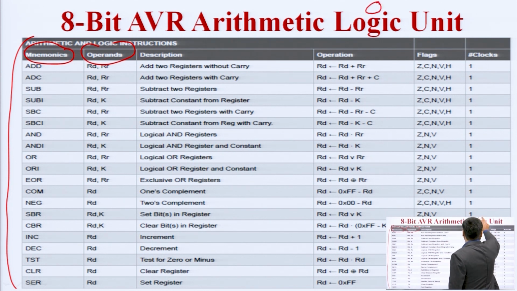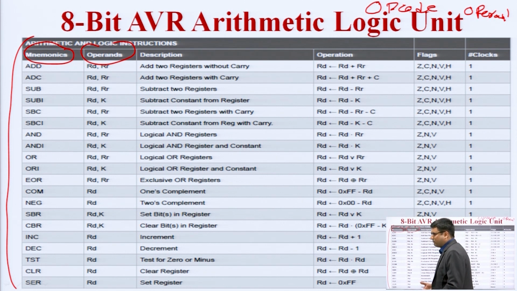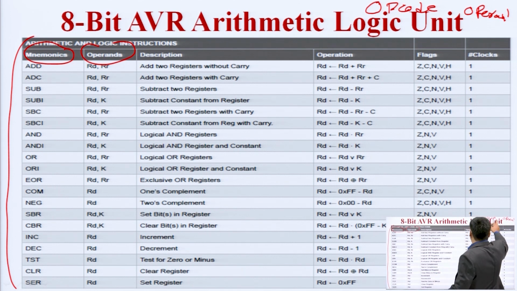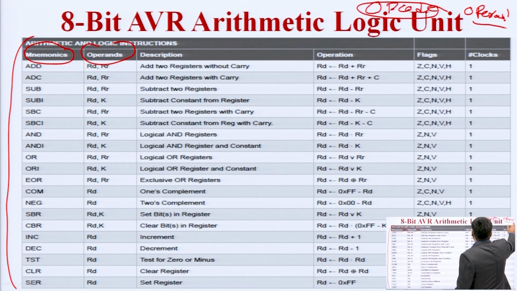You can see in a microprocessor that there are two things, opcodes and operands. What does it mean? Opcode means the instructions, basically. What the microprocessor has to do, it is told by the opcodes. Basically, opcode stands for operational codes. It tells the microprocessor what to do with the instructions, and to whom it will work on, the operands. There are two operands available in any processor.